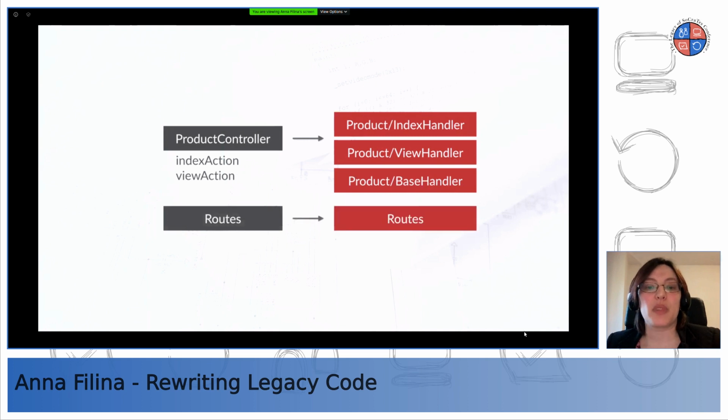Right. And then you move your route configuration, any other framework-specific configuration, you move that. This is where Rector can really shine, because I remember I've pretty much automated the splitting of that controller into all the handlers. And after all that, they almost work out of the box, and you just have to go through some of the static analysis errors and then remove them.